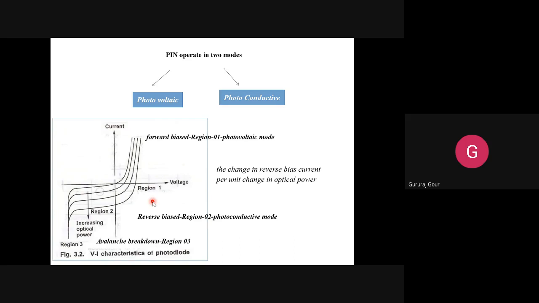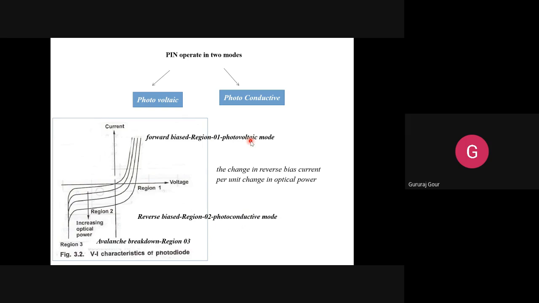So now the contribution to the current by these increased photons will be more as compared with the majority carriers, because now you are operating your pin diode in the reverse bias region, and the majority carriers are less in number as compared to the photons which are absorbed by the intrinsic region. Therefore, more photo carriers will be generated in the reverse bias region. Hence, it is known as photoconductive rather than photovoltaic.